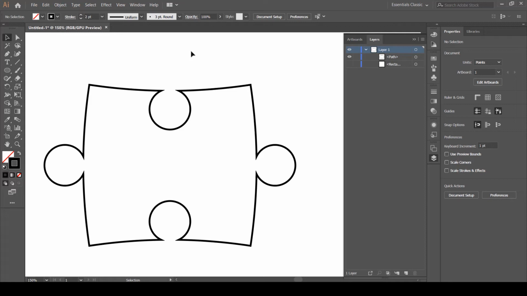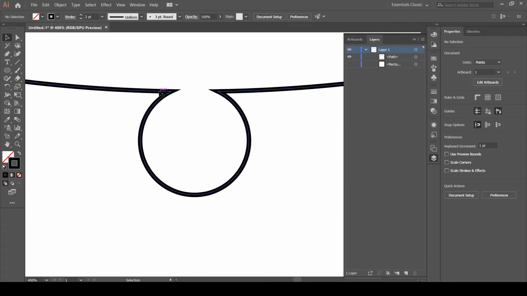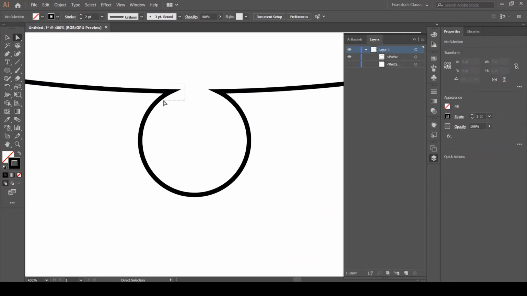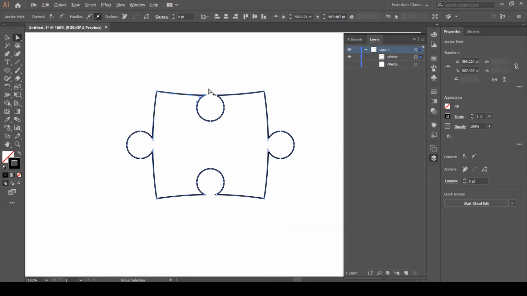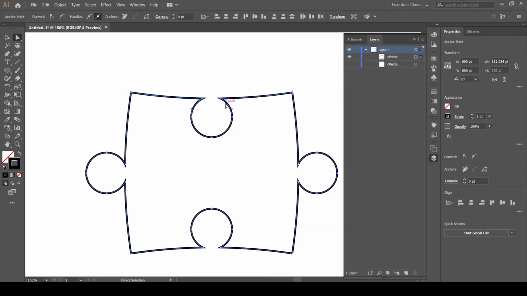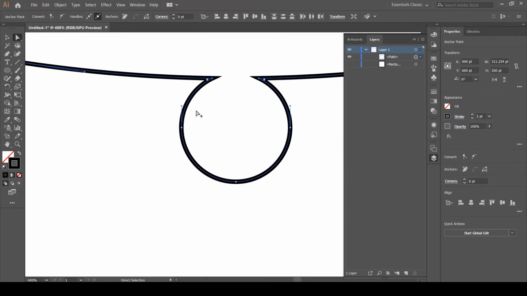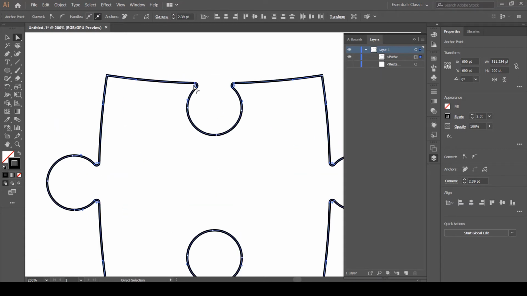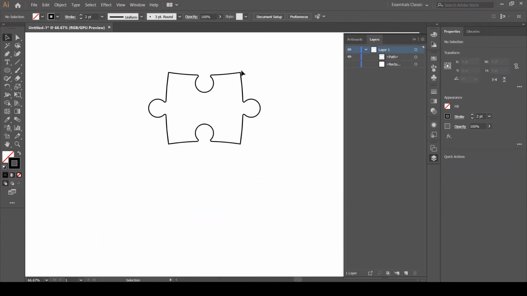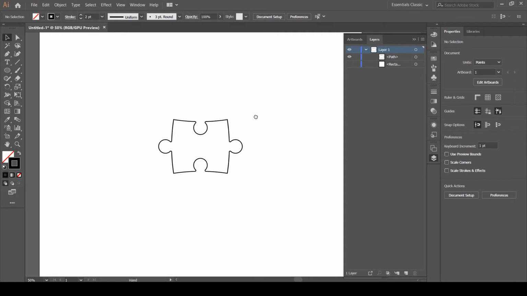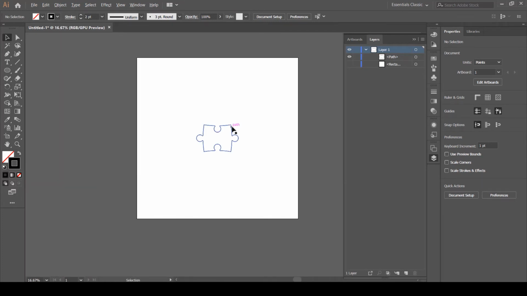Now we can just round these areas a little bit, these anchor points we can round. So I'm going to select all of these where it's meeting the boundary here, and then I'm going to round them a little bit. So I'm going to just make a little bit of curvature here. That looks fine. I think maybe a little bit more. Yeah, that looks good.